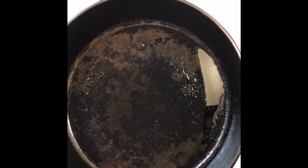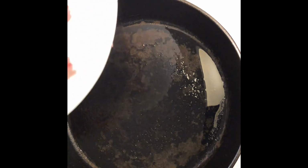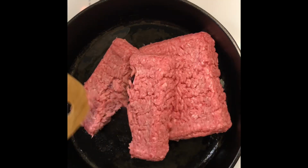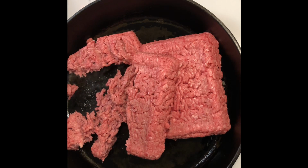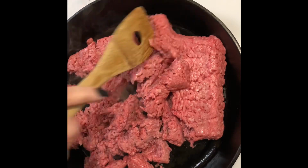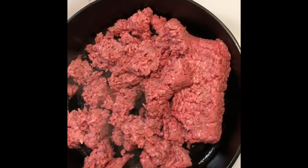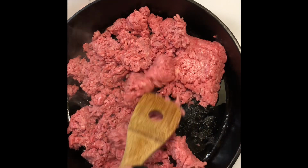We're going to put the skillet on about medium high. I'm going to get that nice and hot. We're going to start browning the meat. We're just going to start browning it, breaking it up. We're not going to add any seasonings right now because we have the taco blend that we're going to be adding. Once this is starting to brown,